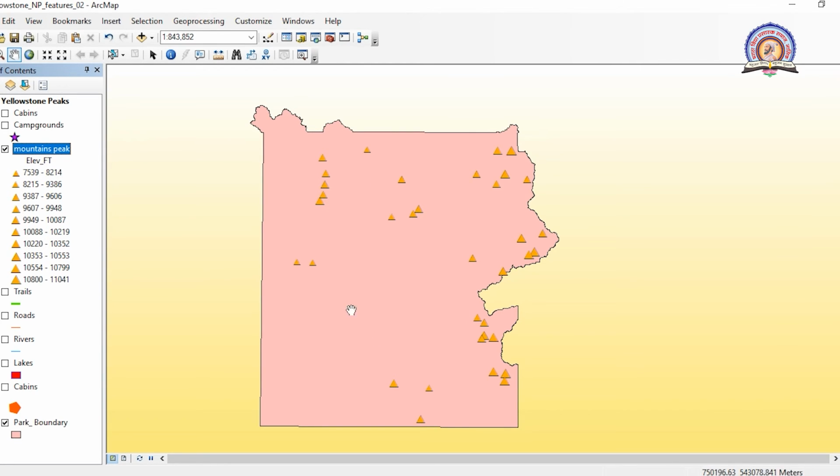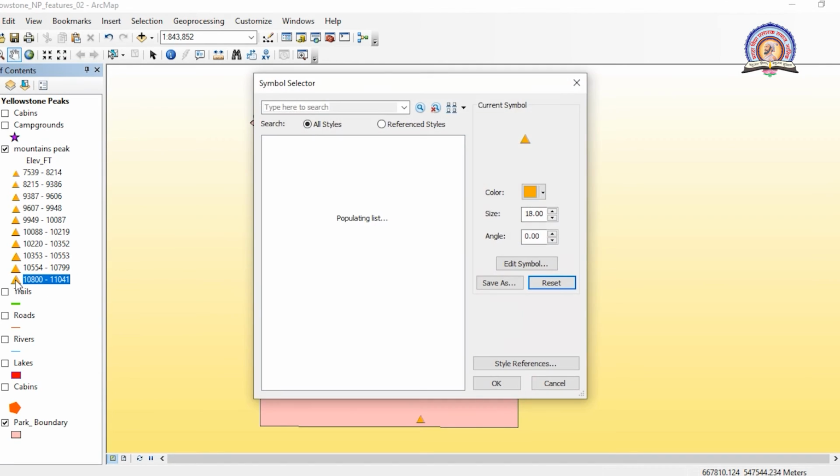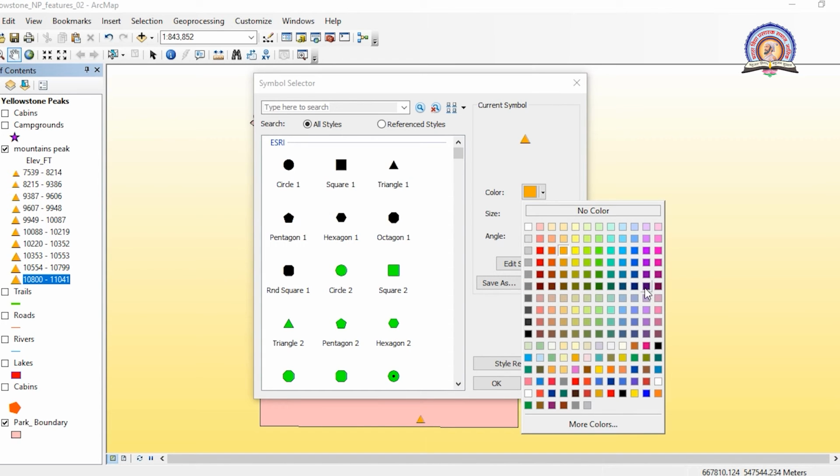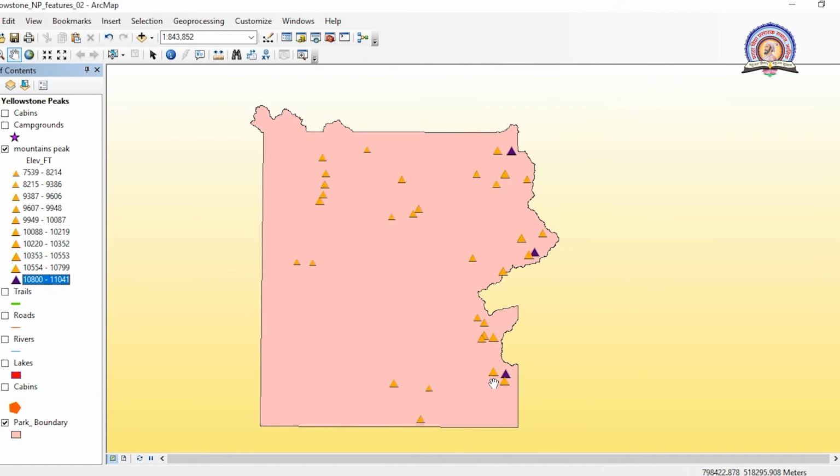For example, if I am interested in a particular layer, for example this upper layer, I can change its color and shape also. By default, it is shown by a triangle in an XYZ color, and if I want to change the color, I can do so. So you can easily identify by this change that these three triangles have elevation in the range between 10,800 and 11,401.